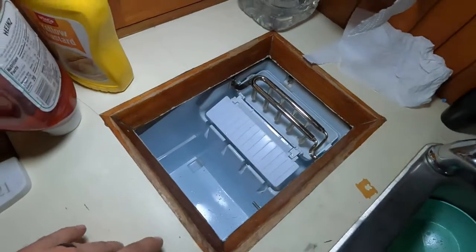It's a little sneak peek of it. It's kind of a disaster down here, but